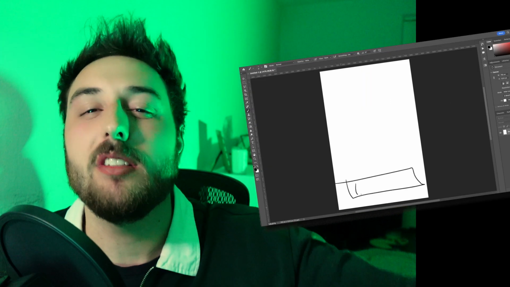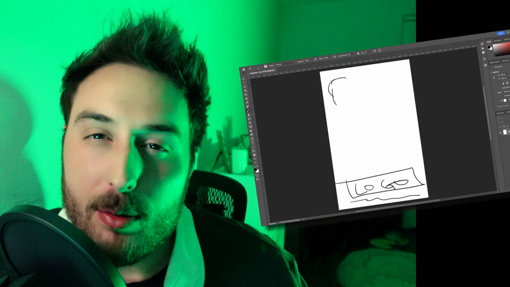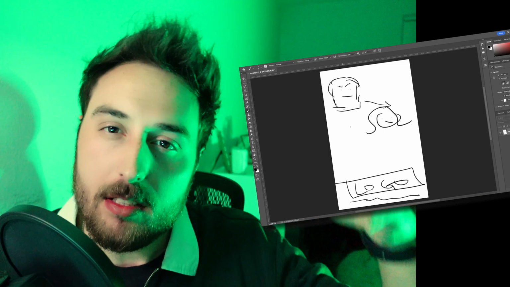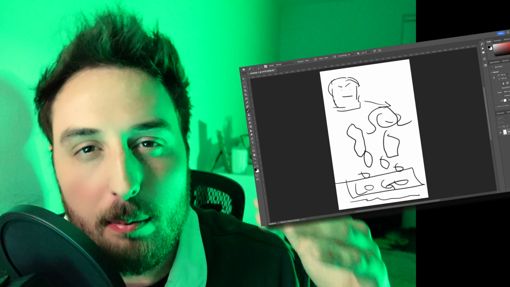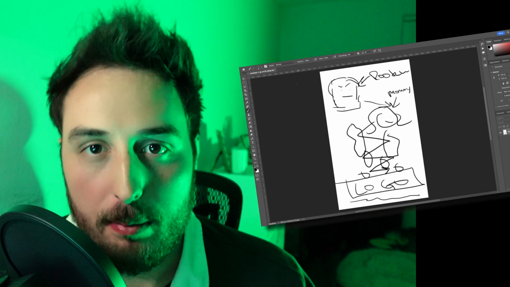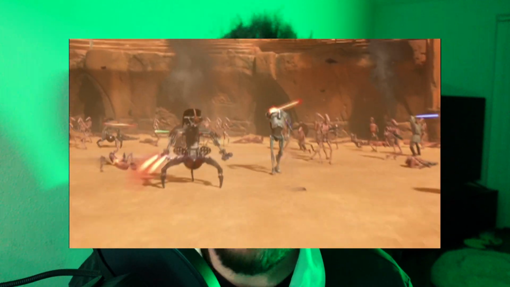I made this quick sketch. This is kind of the idea I was going for. I really wanted Count Dooku to kind of be overlooking with this menacing, top-down villain point of view, and then have all of our characters kind of zigzag across through the logo at the bottom. I also thought it would be cool to implement the Geonosis landscape in some capacity, because that, in my opinion, is the best part of the movie.